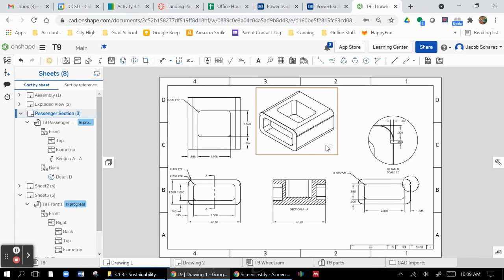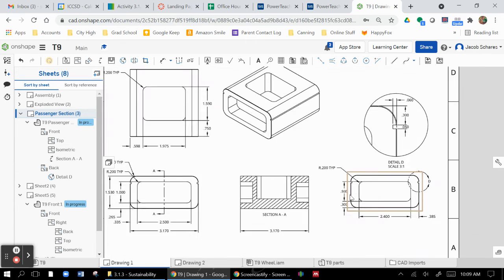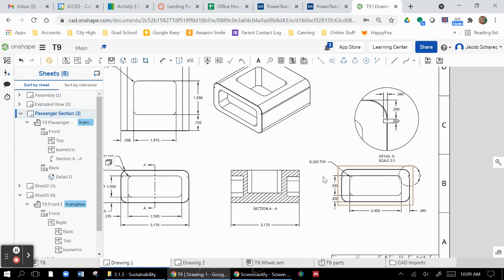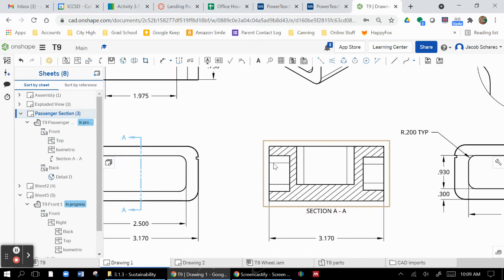Okay. Now, the only thing that I couldn't have dimensioned in those three views was how deep these go. It's tempting to try to use hidden lines or something like that, but we can't dimension to hidden lines. That's one of the big things we're not allowed to do. So I'm going to go back and grab the dimension tool,